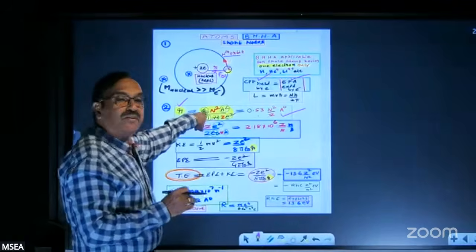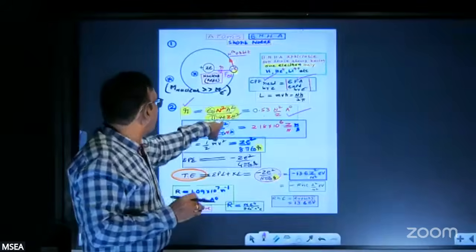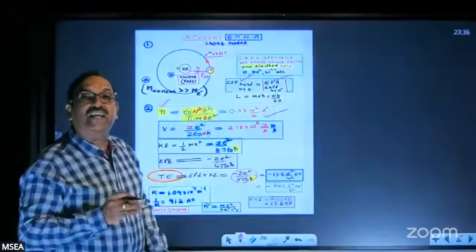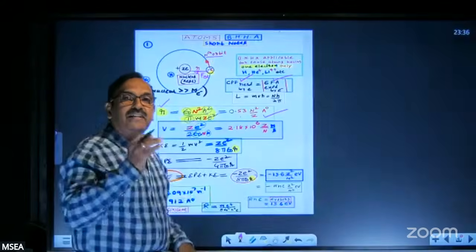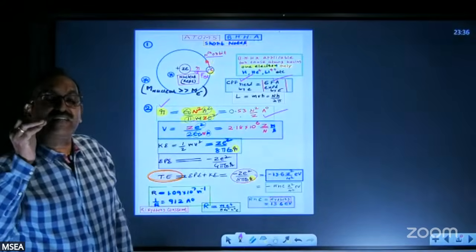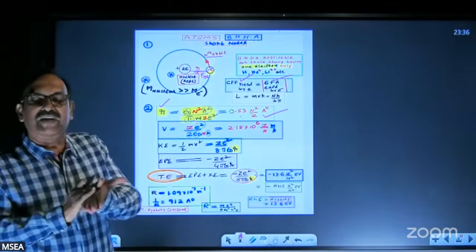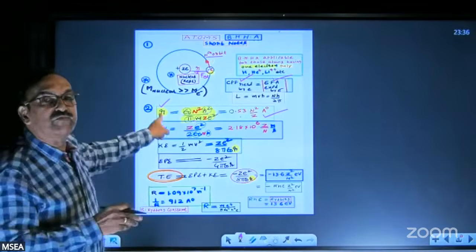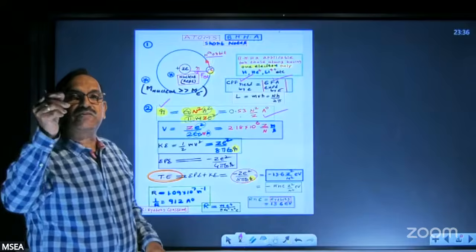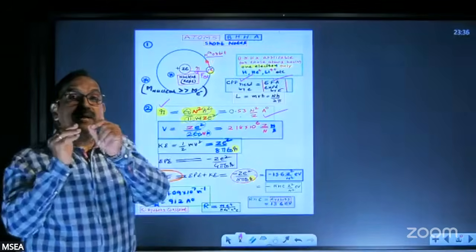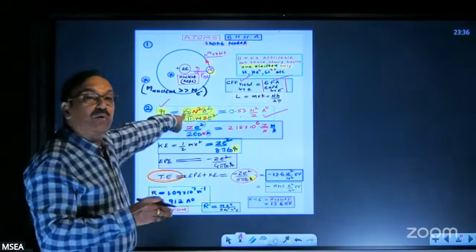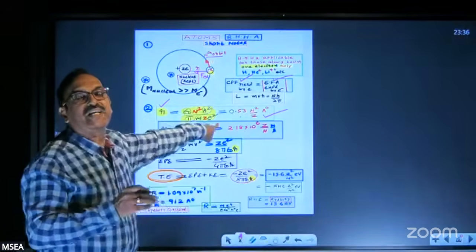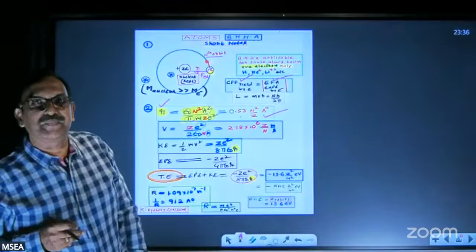Writing all these constant values, the epsilon naught value, h value, mass of the electron, charge of the electron, you get 0.53. So the radius of the electron in the nth orbit comes out to be 0.53 n squared by z. That you have to definitely remember, plus this formula, epsilon naught n square h square by pi m z e square. There were many entrance questions in the last decade testing whether you know this complete letter notation formula or not. I will show you.